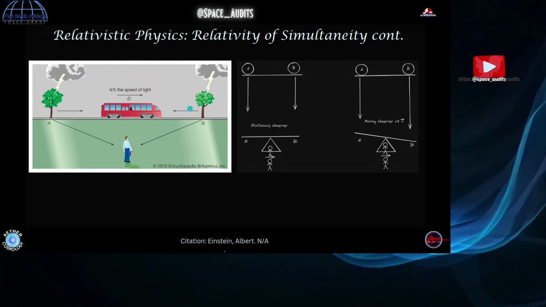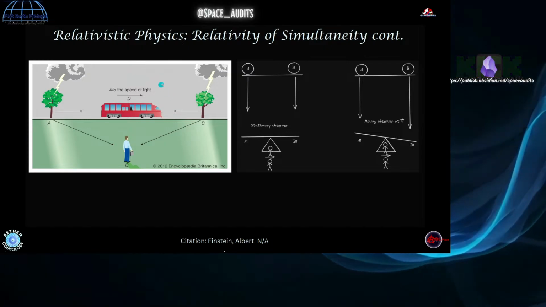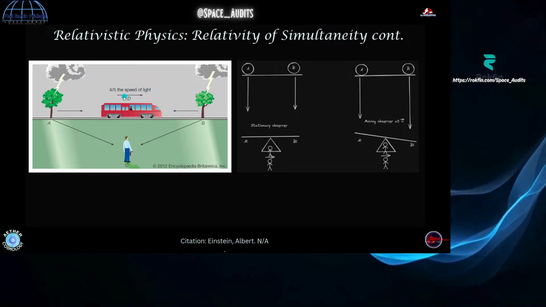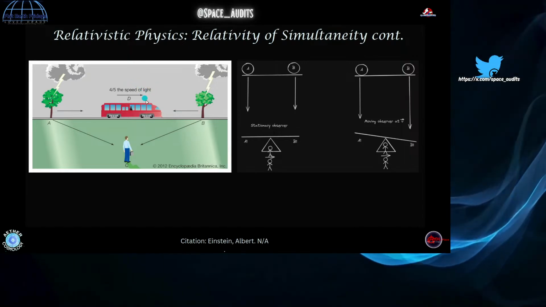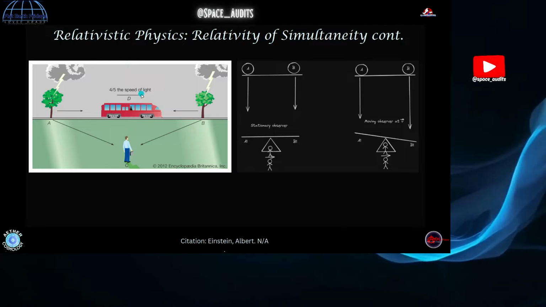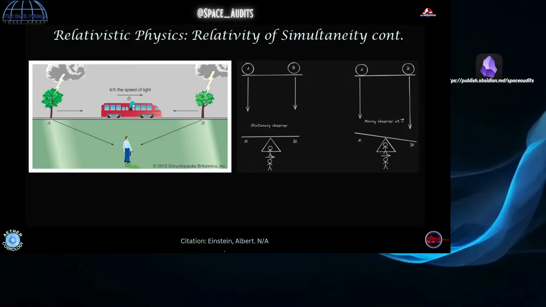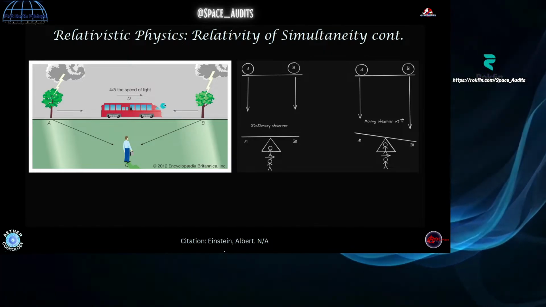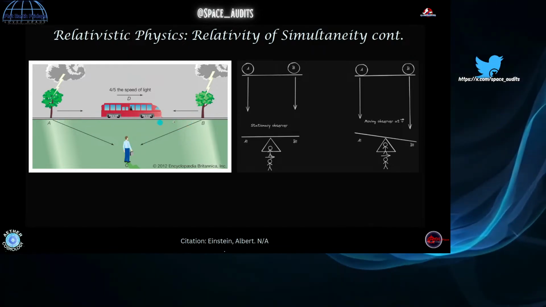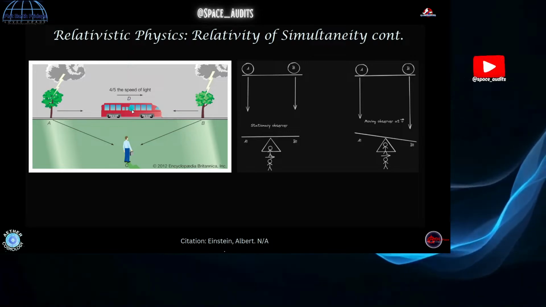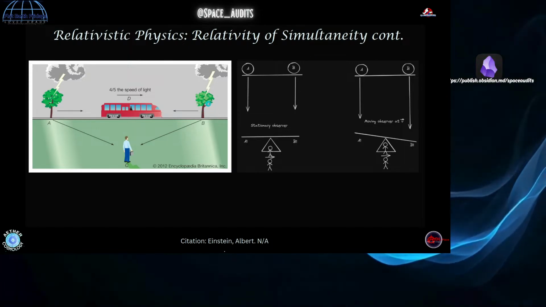And remember, the sequence of events has to be physically meaningful and valid, not just hypothetical, right? Otherwise, it's just absolute, and we're not deviating from classical physics, and everything we said to answer Michelson-Morley would just be a role play. So what we need to be able to show here is that through transformation, we can make the stationary observer see the simultaneous event as not simultaneous, and the train observer see the event as simultaneous. Now, you can do this through Lorentz transformation.